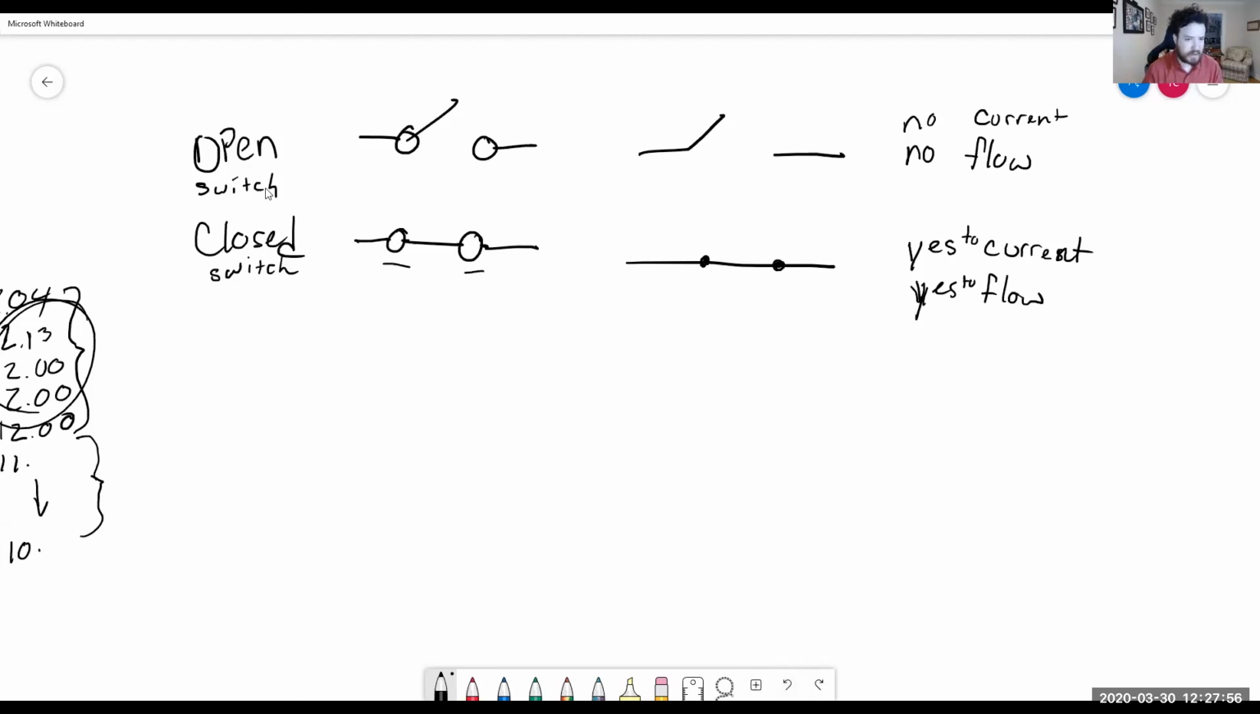So the main thing you have to get straight in your head is how an open switch has no current flowing through it. A closed switch has current flowing in it. All right? Whereas with valves, an open valve has flow. Whereas a closed valve,